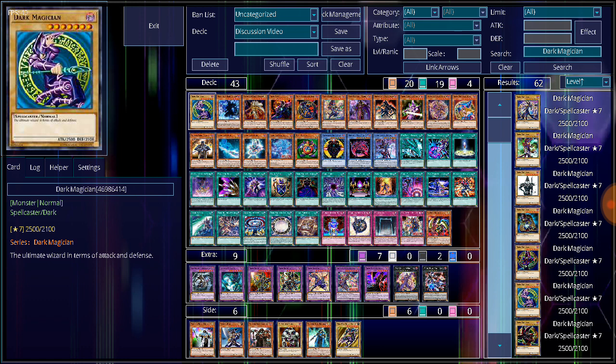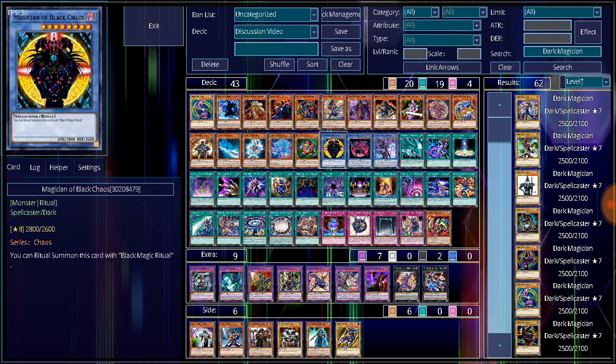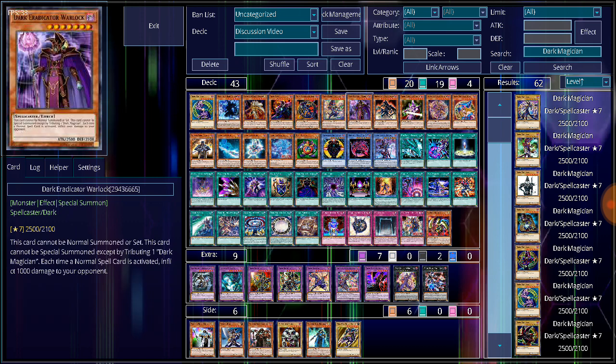I also want to pay some homage to some of the not-Dark Magician monsters, the monsters that in some way you would consider to be helpful support for the Dark Magician. We're talking about, of course, the Magician of Black Chaos, the Magician of Black Chaos MAX, the Magician of Chaos. We also talk about Dark Eradicator Warlock, which is probably the only Magician monster in terms of the old school cards, let's say around